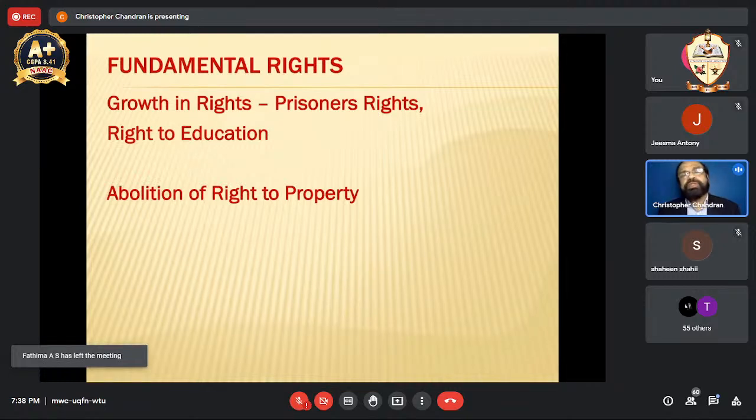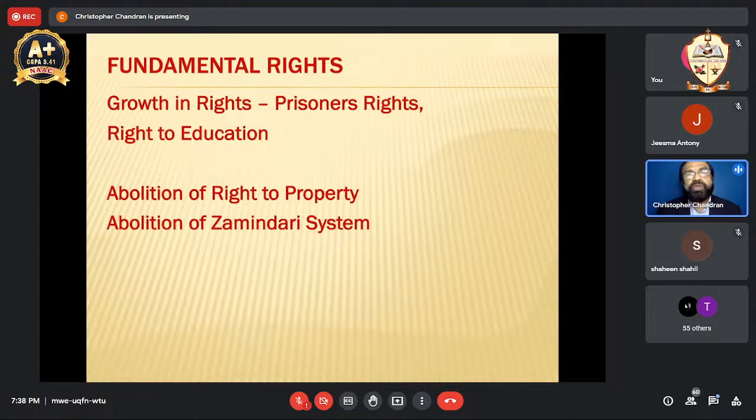But the right to property was definitely removed because of the Zamindari system, the landlords, the feudalism that we practiced, because of which bonded labor came into existence. So with that in mind, the right to property was abolished so that people could come out of the economic bondage because of the excess property that Zamindars had. But again, the Supreme Court, as guardian of the Constitution, has very clearly said the Parliament can remove the right to property from the Constitution, but